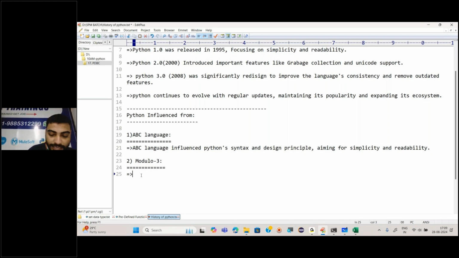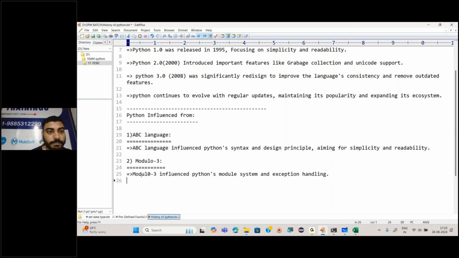So Modula-3 influenced Python's module system and exception handling. What is exception handling? I will tell you. Okay, exception handling mechanism, right?